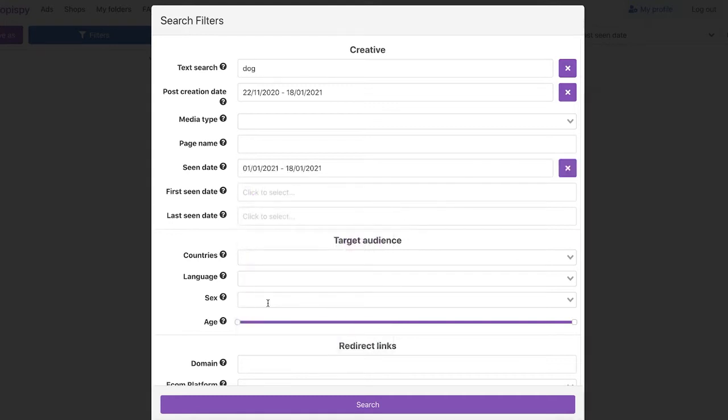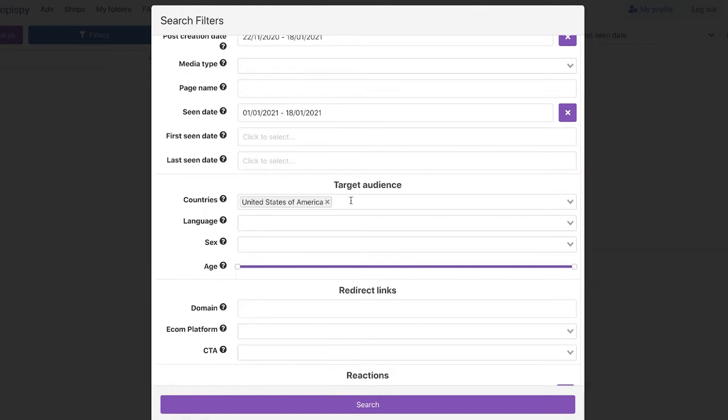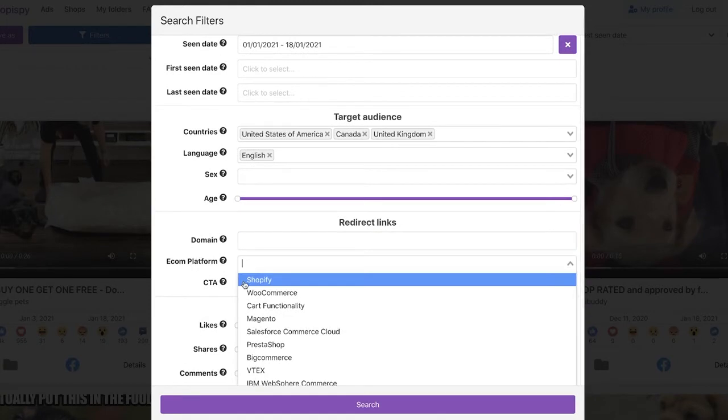So we're gonna go the entire month of January. First seen isn't relevant for us. We could go with US only or add Canada as well, the top 4 countries or your preferred demographic. You could also set up the age range, the sex as well, the domain, the e-com platform to only filter by